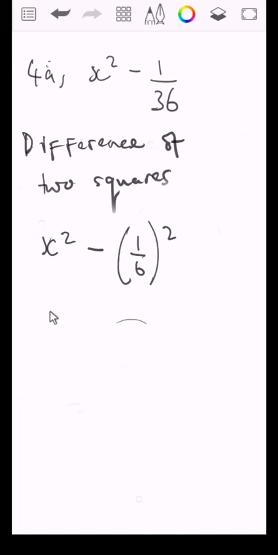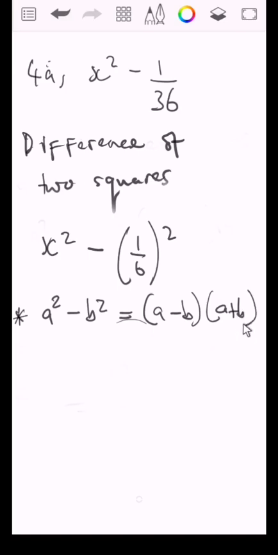So, how are we going to apply it? Let me just summarize here the difference of two squares. In the event, a squared minus b squared is equal to a minus b, a plus b. This is not going to be part of your solution. I am just putting it here to remind us how the difference of two squares works. It means that when we want to apply the difference of two squares